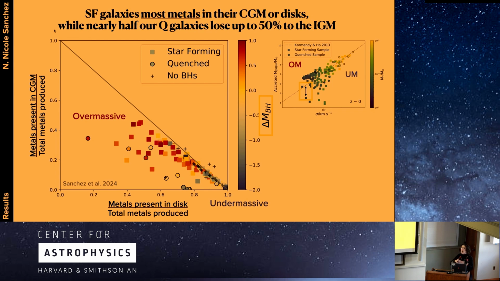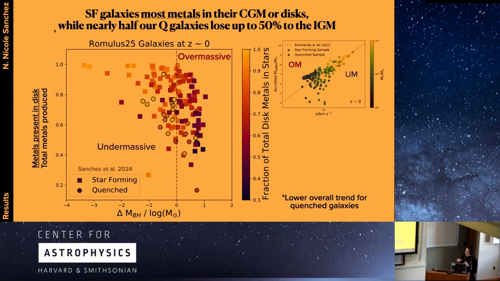in the blue regime down here at the corner, are maintaining most, if not all, of the metals in their galaxies, and primarily within their disk, whereas galaxies that contain an overmassive black hole are evacuating more of their metals to the IGM and have more of their metals out in the CGM as well. And so here I'm now plotting this metal retention quantity as a function of delta MBH, which I just described to you. And the key thing to take away here is this additional information of the color bar, which is